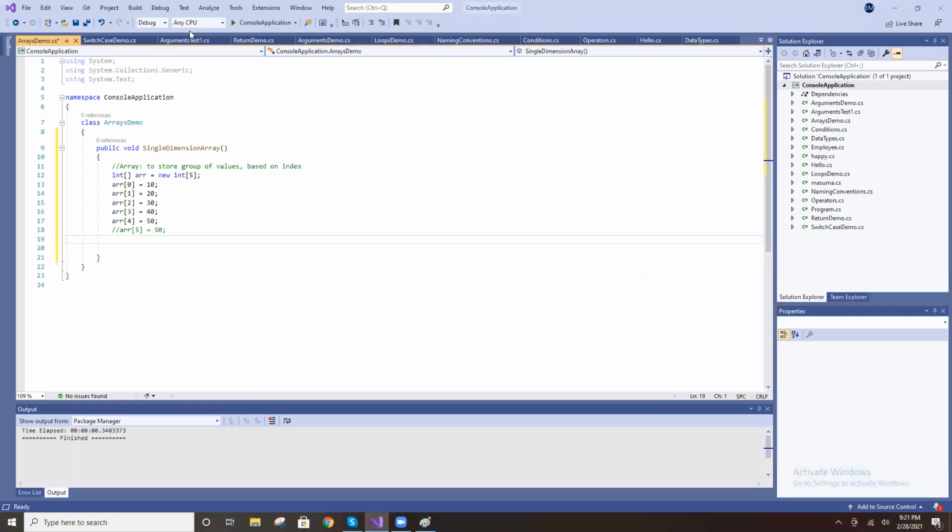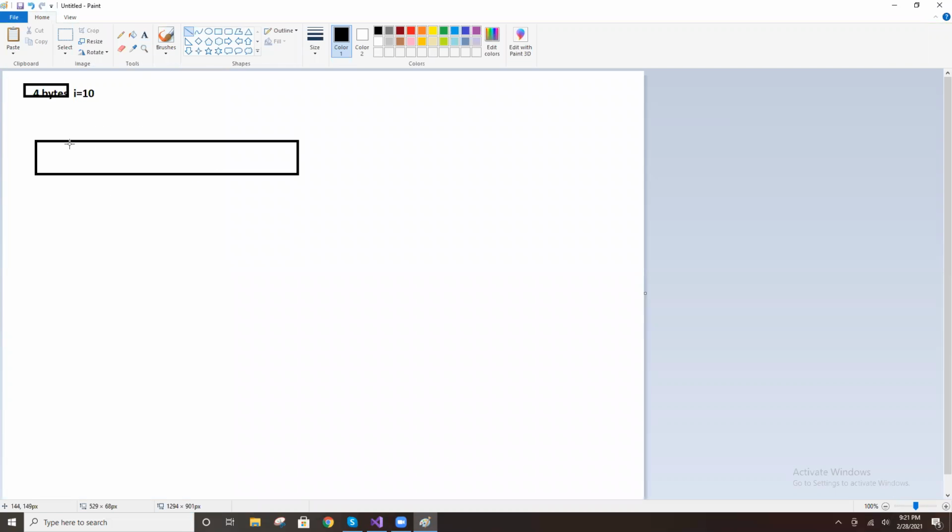What is the size of the array? 5, right? Means 1, 2, 3, 4, 5.